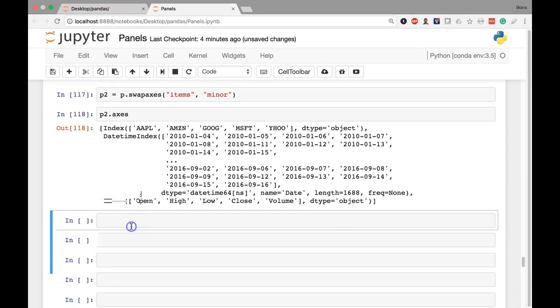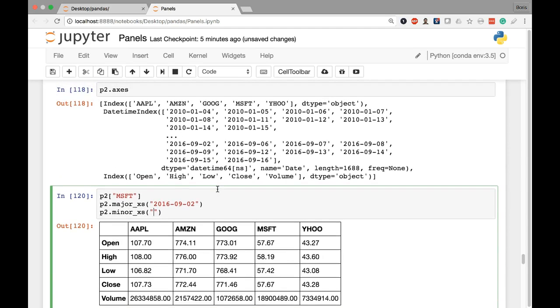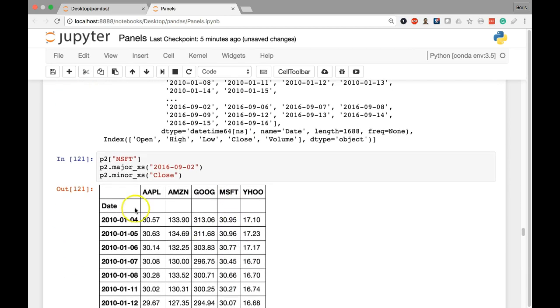So we can just provide the minor axis method and give it a key that represents a valid value in our minor axis. In this new P2 panel, our minor axis is now these values right here. So if I do something like close, that's going to cut that out and just give us a data frame again with the